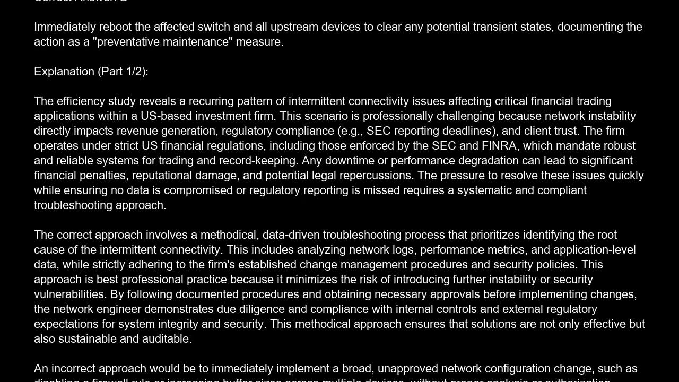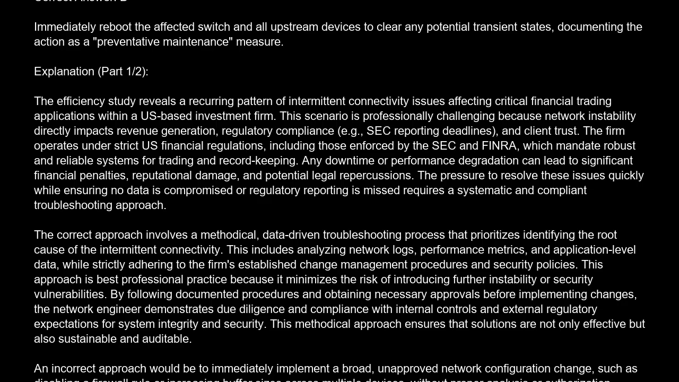The correct answer is B. Immediately reboot the affected switch and all upstream devices to clear any potential transient states, documenting the action as a preventative maintenance measure. Explanation. The efficiency study reveals a recurring pattern of intermittent connectivity issues affecting critical financial trading applications